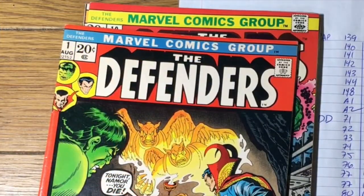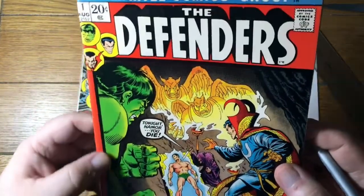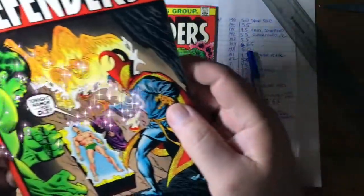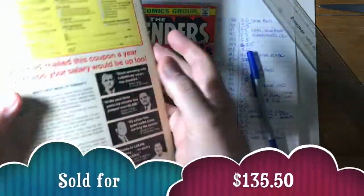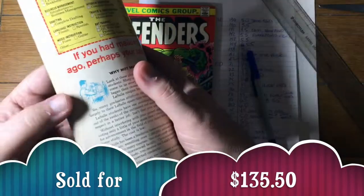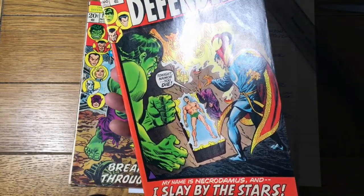Did I say 6.5? No, 6. So, well, yeah, I'm going to play it safe and go with a 6. I could probably get away with a 6.5, but that's a book somebody's going to be maybe investing in, and so they're going to be picky. And I'll go a half grade down from where I think it should be, just because